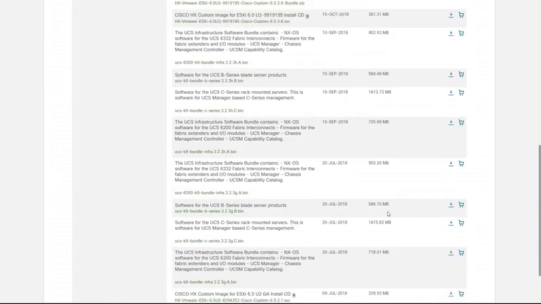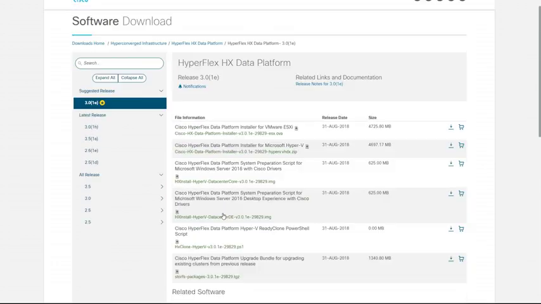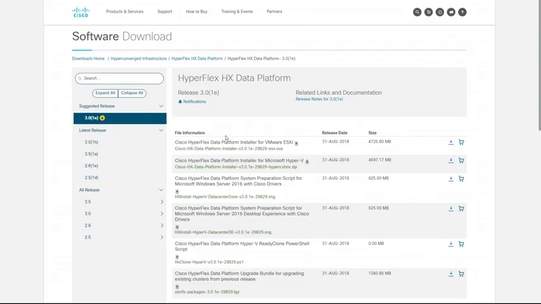Here you can find the custom vSphere hypervisor, with which you can reinstall the hypervisor on your HyperFlex nodes or upgrade it after installation, and version upgrade packages for the HyperFlex data platform and its infrastructure. This can save you time when you are looking for the currently recommended list of software and firmware versions, but